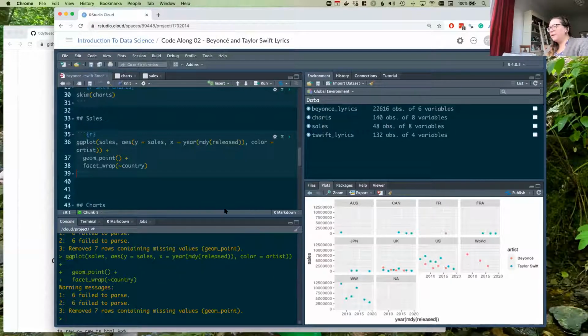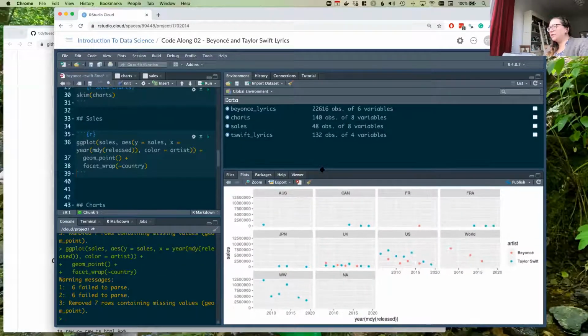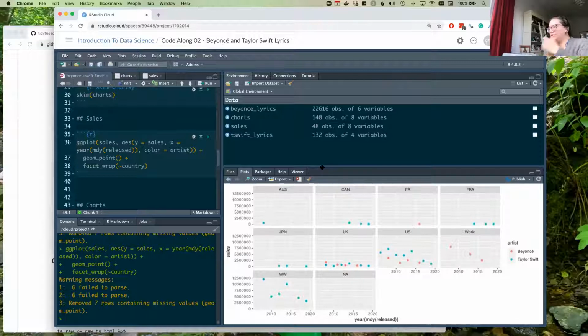Okay. So here is what's going on in the various countries. What I would like to do is, in some of the countries, I have so little data that it just seems silly to look at them all together. Which countries seem a bit more reasonable to look at based on how many data points we have? UK and US, right? That seems like maybe those are the things we want to do.